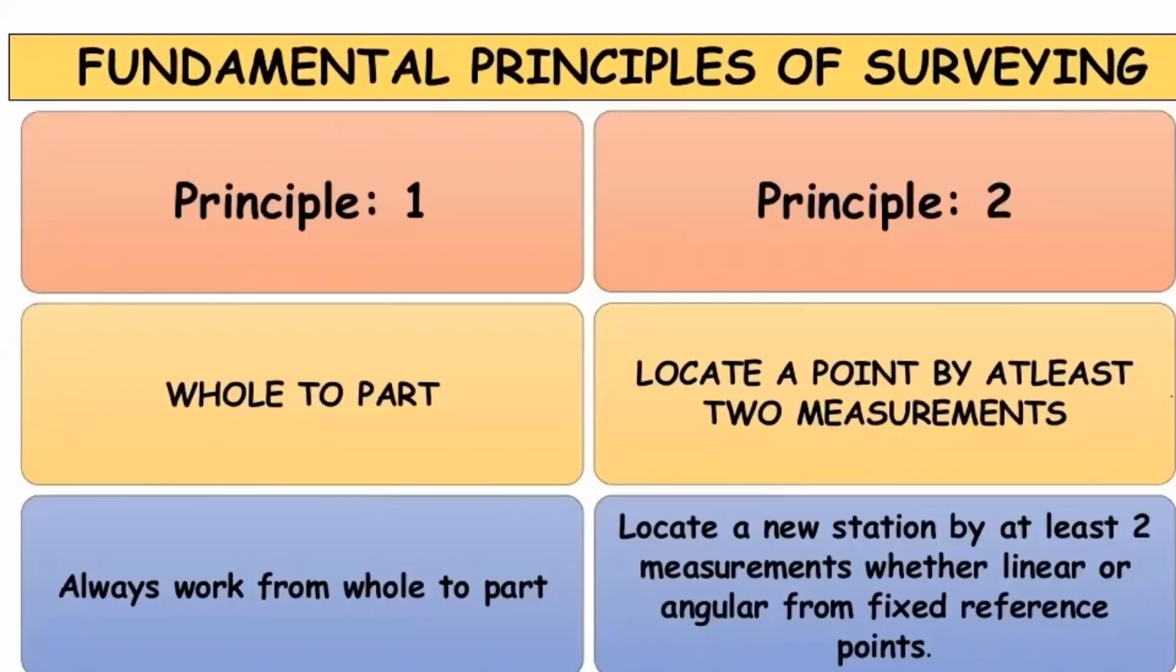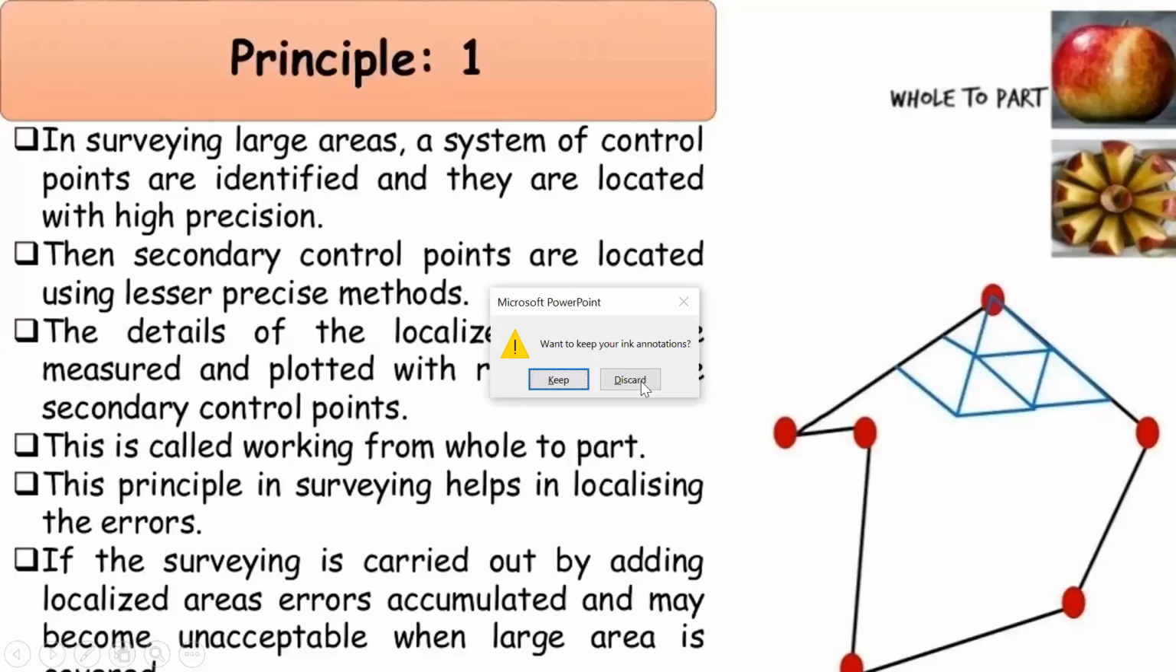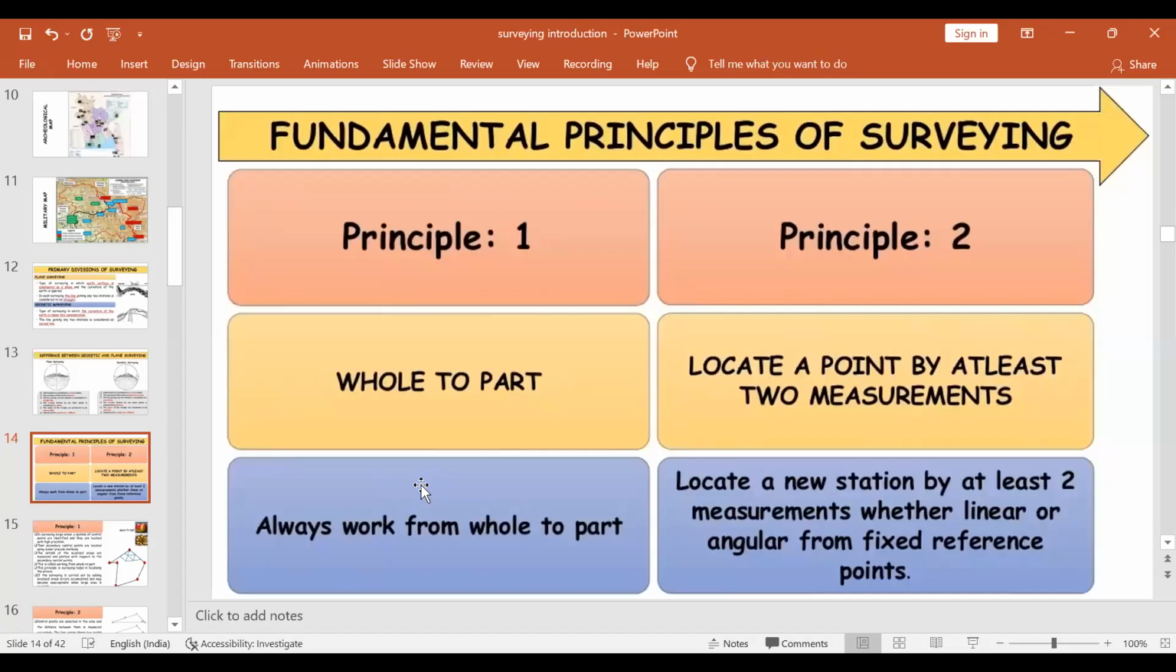The major thing is the fundamental principles of surveying. Only two principles are there. If anyone wants to note, they can note them down, not an issue. Whenever you are performing any surveying activity with any kind of instrument, from chain to drone, you have to keep two principles in mind. The first principle is hold to a part, and the second principle is locate a point by at least two measurements,